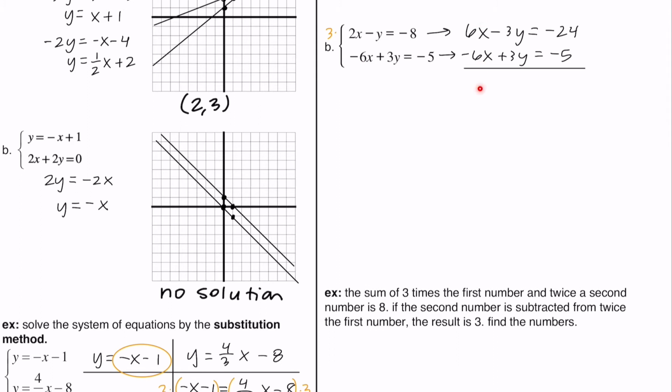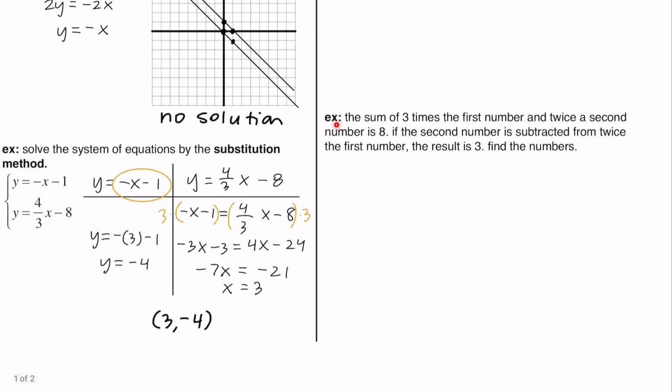So when we add down, we have 6x minus 6x, that makes 0. Here, the y's actually also cancel out, so the only thing left on the left side of the equation is going to be 0, and then on the right we have negative 29. And we can all agree that that's not a true statement, and anytime your variables cancel out and you get a statement, you check that statement. If the statement is false, like this one, we say the final answer is no solution. If when the variables cancel out and you get a true statement, then your final answer would be infinitely many